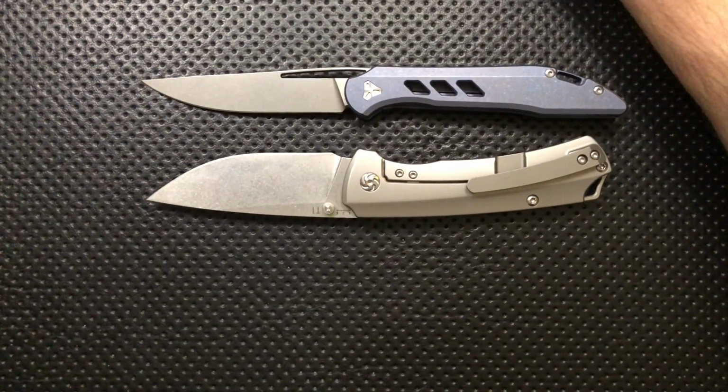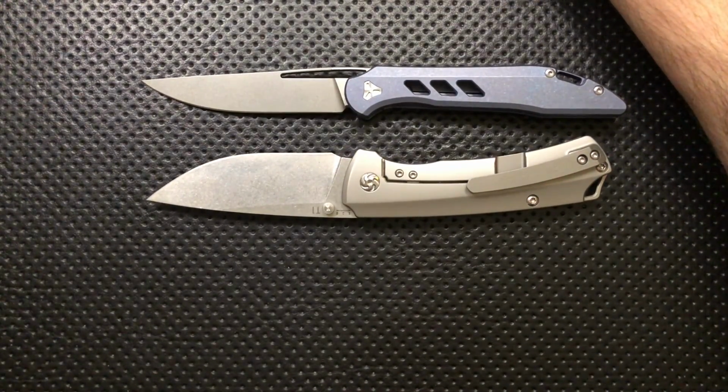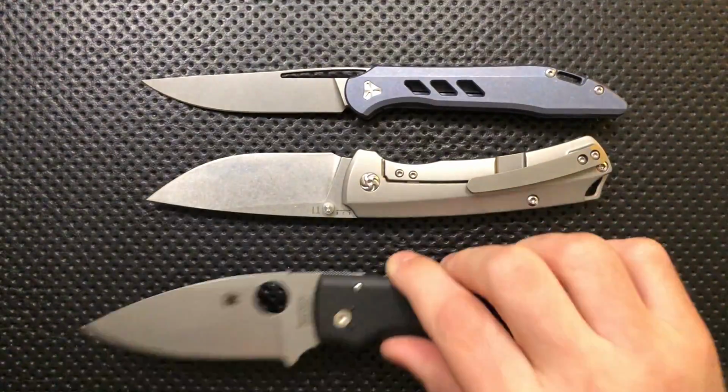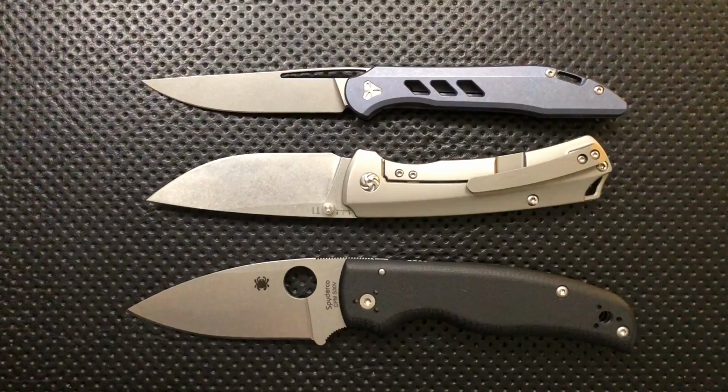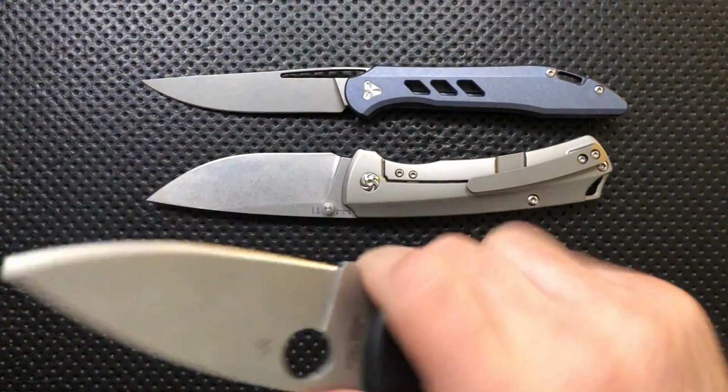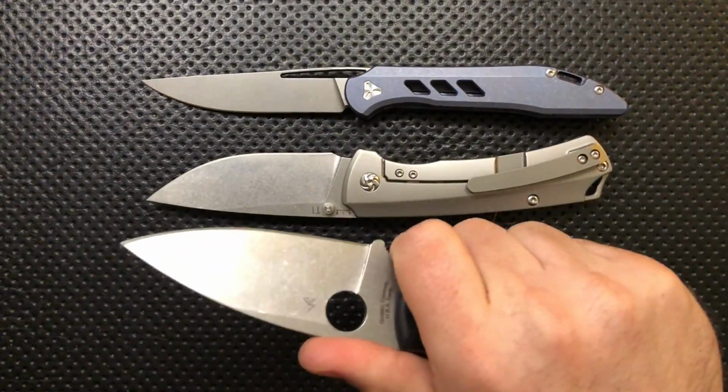Then the last one was a late-breaking entry, but once I handled it and once I fell in love, it became pretty clear, and that's this guy right here. This is the Spyderco Shaman. This is a knife that is deeply not a Nick Shabazz knife. It's a little big, it's beefy, it's a little bit crazy, but at the same time, once I got it in hand,